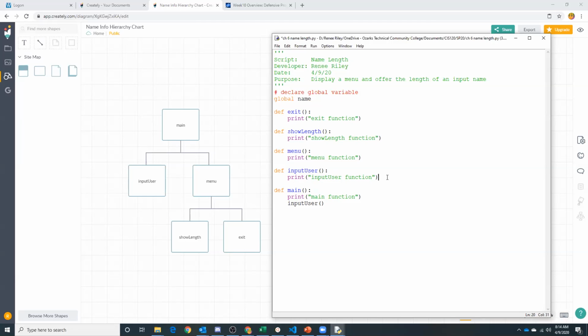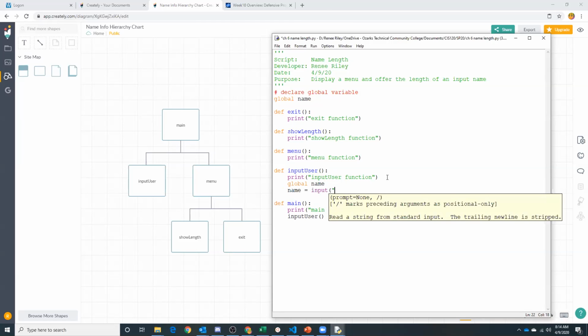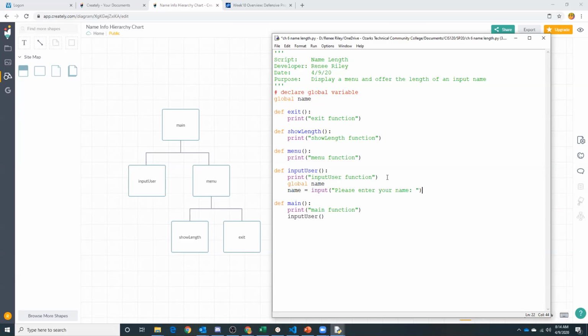Okay, so for our input user, we want to set up our global variable name. We're going to be changing that. So if you remember, we have to make that statement to Python that we're updating that global. And we're going to set it equal to whatever name our user gives us. Please enter your name. Now we don't need to turn that into an integer or do anything with that data, right? Because the name is all we need